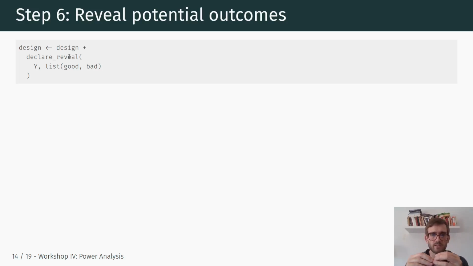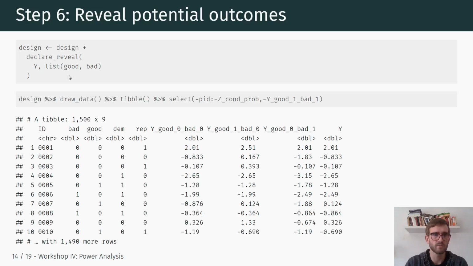that is realized. Okay, so basically what we're going to do is use the declare_reveal command, which will reveal the actual dependent variable y, and here we have include list good bad, which is based on those potential outcomes for the different treatment conditions. Okay, and so essentially, we have the potential outcomes for each observation,